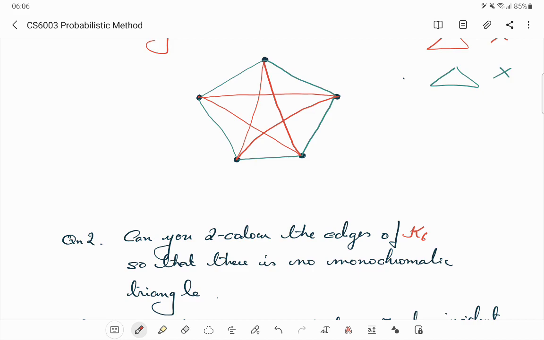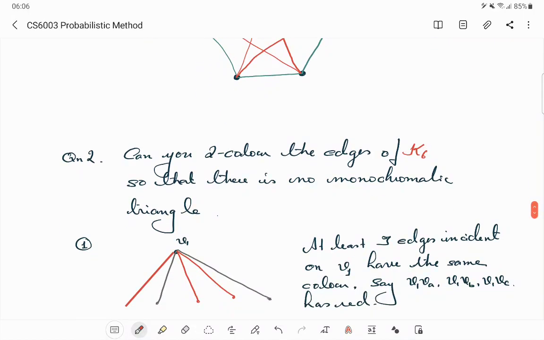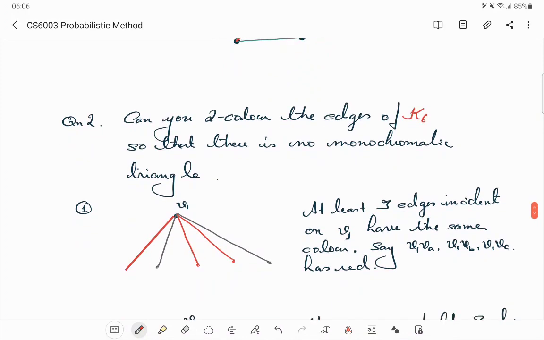So let us try to, if you haven't already done it, try to. The answer to this question is no. You cannot 2-color the edges of K6 so that there is no monochromatic triangle. So now that I have given you the answer, if you haven't already done so, I want you to pause and try to prove why that is the case. Why is it that you cannot do this? Or to restate it, can you prove that in every 2-coloring of the edges of K6 there exists a monochromatic triangle? Okay, I'm assuming you have thought about it,